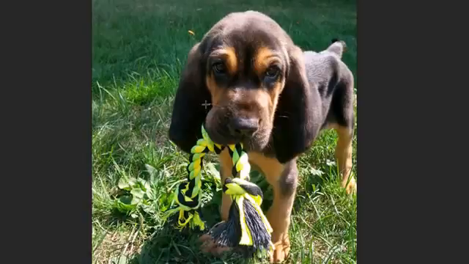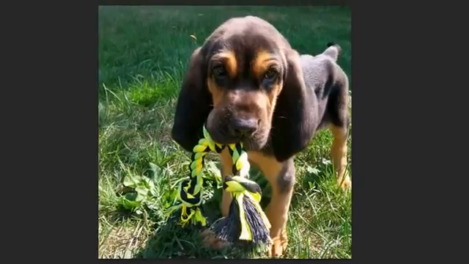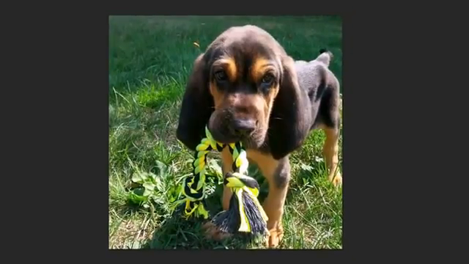Well, let's say that we wanted to cut the bottom half of this image out, so instead of his feet, maybe we want to add some text in there. Or maybe we just want to cut out this rope and put in, I don't know, like a hot dog so it looks like he's eating a hot dog. I don't know. The important thing is you can do many things, but let's just focus on making that